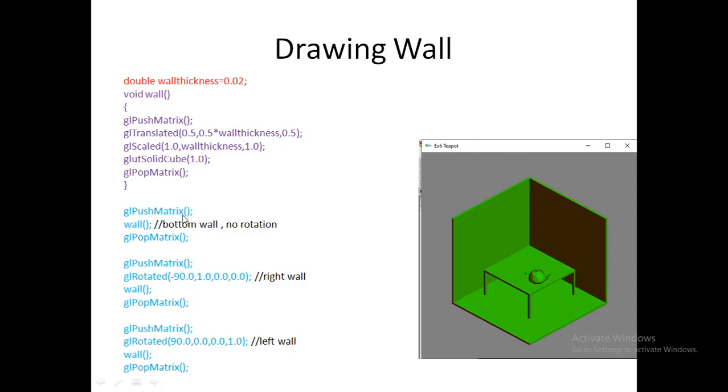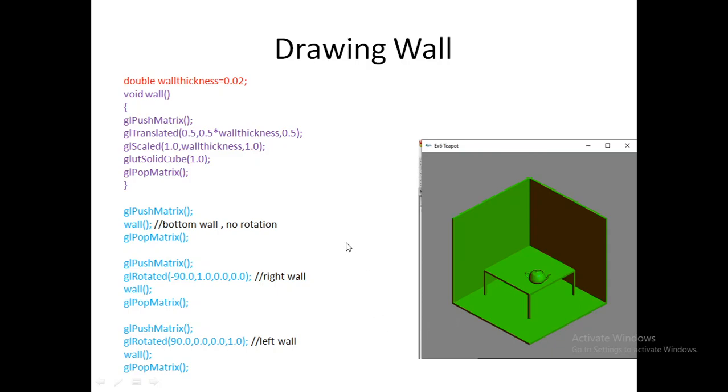Next, the same wall is rotated by -90 degrees. -90 degrees means the right side wall, this side, this black color. So -90 degrees, the same, you are passing 1 0 0. You are just rotating -90 degrees about the x axis. So the same wall will be drawn, rotated here. And again the same concept, one more wall you are drawing and rotating to this side, that is the left wall. Same wall concept, GL rotate positive 90 degrees on the Z side. So this is the Z side. You are calling the wall function. By using push and pop, three walls are drawn.